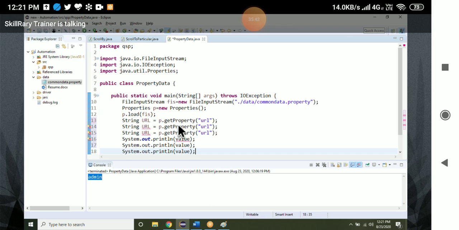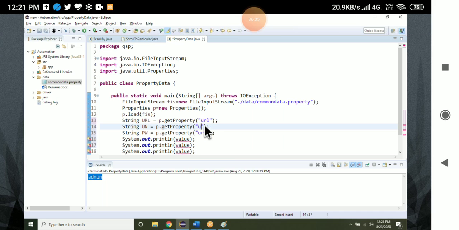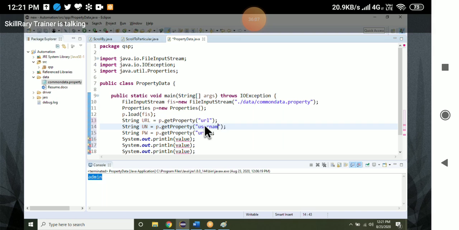How to read it and copy data. URL here, username, password. This is the username, this is the password.